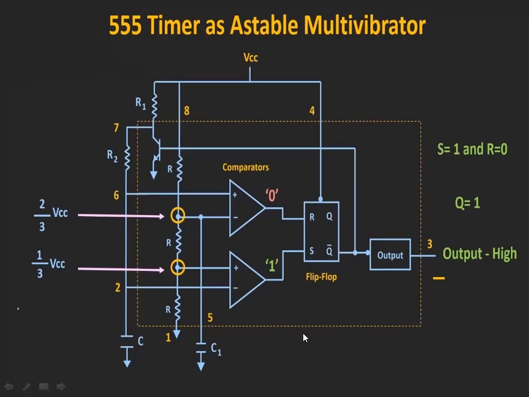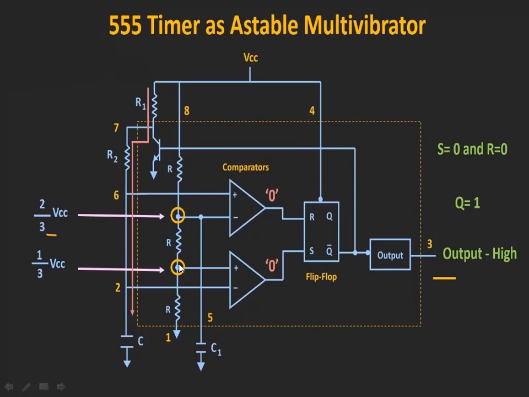And then what happens next? As this is 0, the output will be 1, and nothing else will happen. Now, as the capacitor is not having any charge, by switching on, the capacitor is going to acquire charge. You can see the capacitor is going to acquire the charge through this path. So now from VCC, the capacitor is getting charged, that means from the 0 level it is going to charge towards